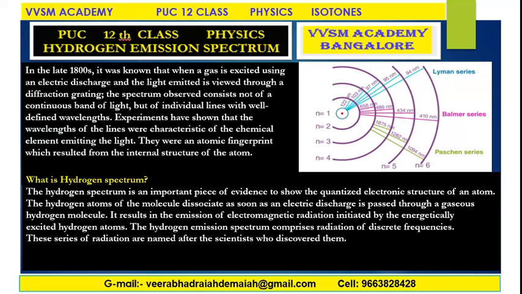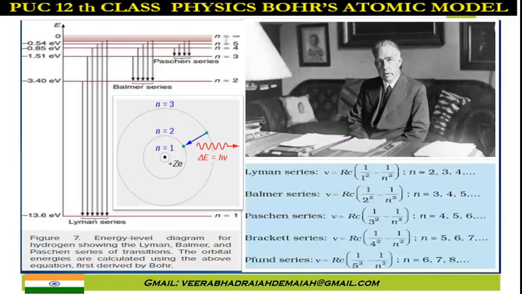When n is equal to 1, you will get the Lyman series. When n is equal to 2, you will get the Balmer series. When n is equal to 3, you will get the Paschen series. When n is equal to 4, you will get the Pfund series. These are the ways of getting the spectrum of hydrogen. Energy level diagram for hydrogen showing the Lyman, Balmer and Paschen series transitions. The orbital energies are calculated using the above equation,